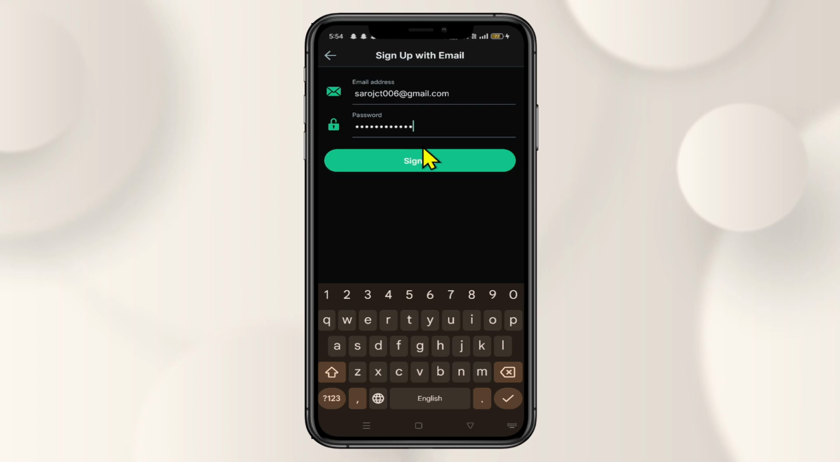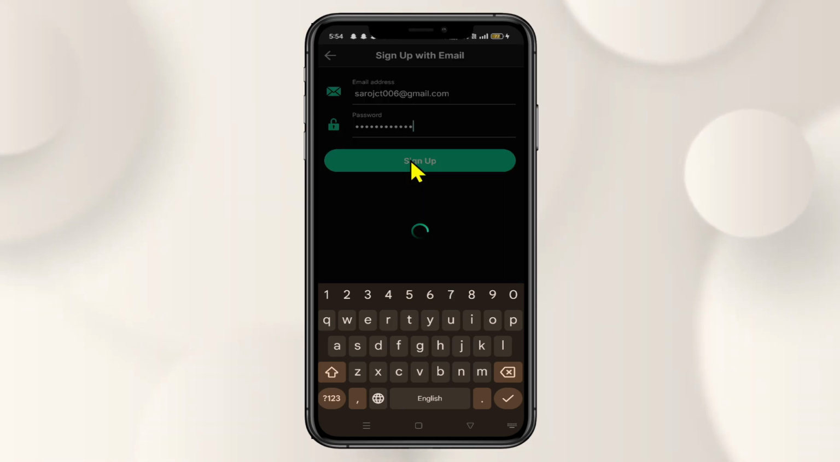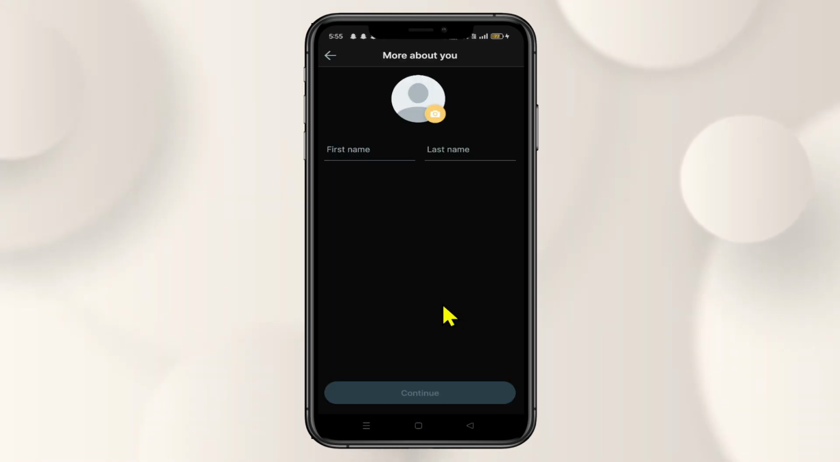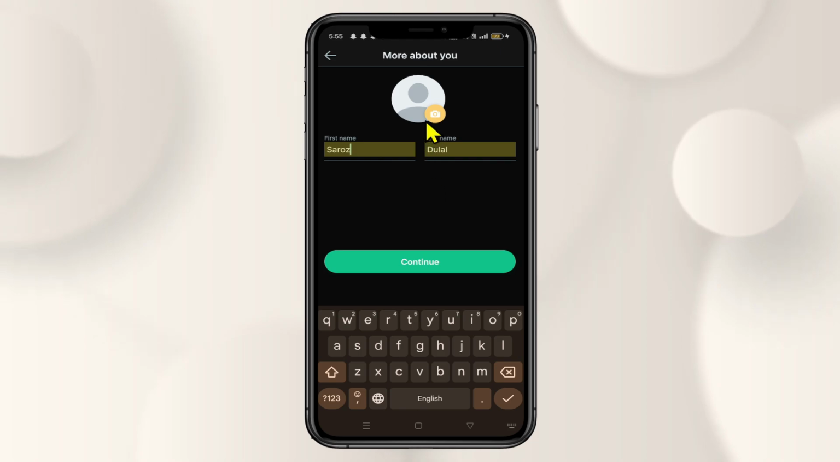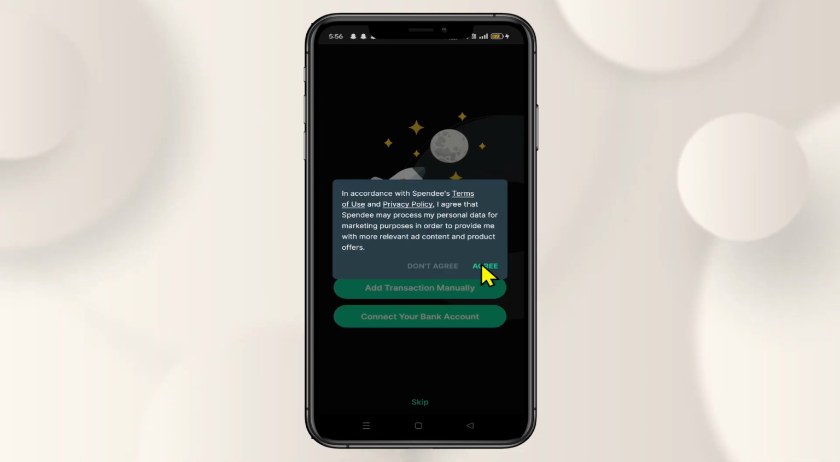After typing in your desired password, click on the sign up button and now you will be asked to enter your first and your last name. After entering both of these, you may also set a profile picture by tapping on the camera icon. After setting up both your name and your profile picture, click on the continue button and then agree with the